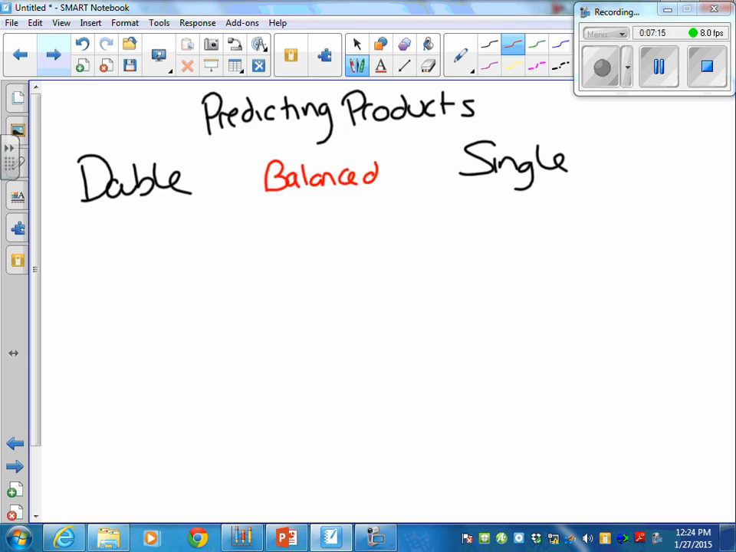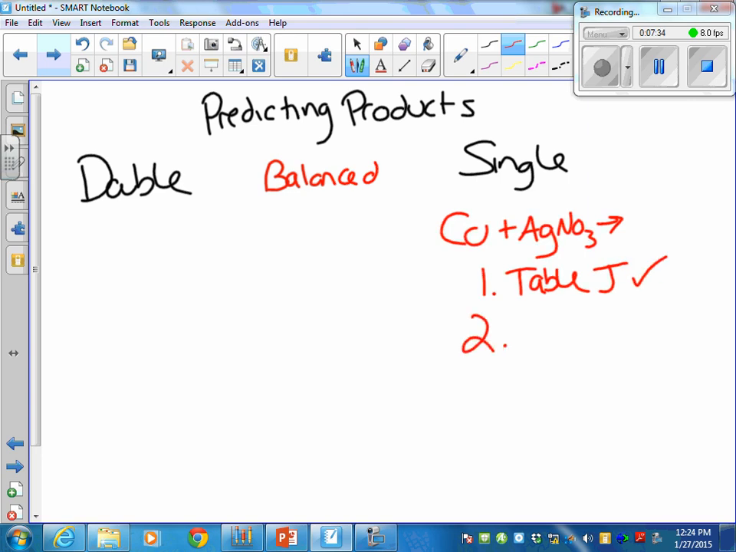For single replacement, you're going to have something like this. Copper plus silver nitrate forms what? Okay, first step, check table J. Is copper higher than silver? Yes, it is. Next step, if they're in the same column, they're going to replace each other. So silver and copper are in the same column, and nitrate's nowhere to be seen. So silver is what's going to be left alone. So you want to identify what's